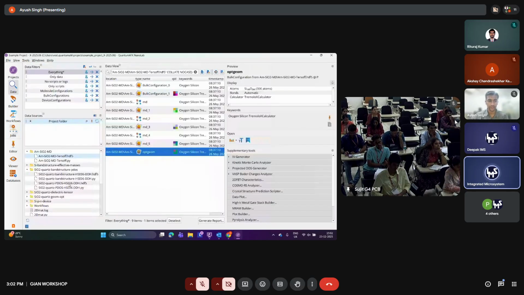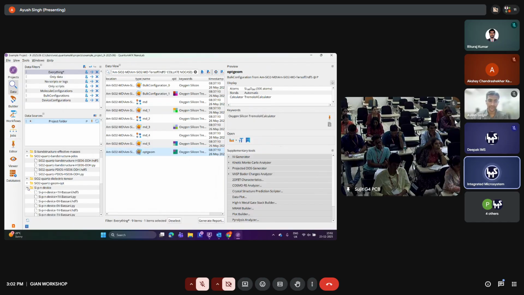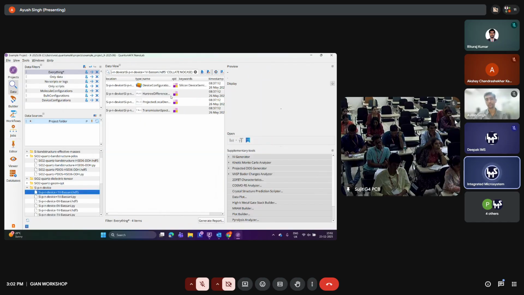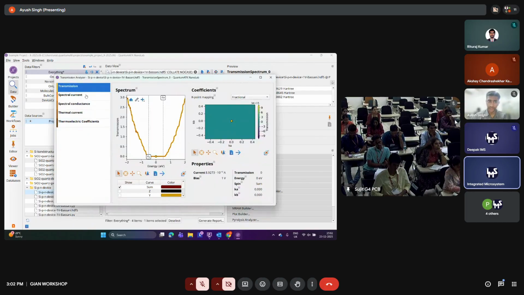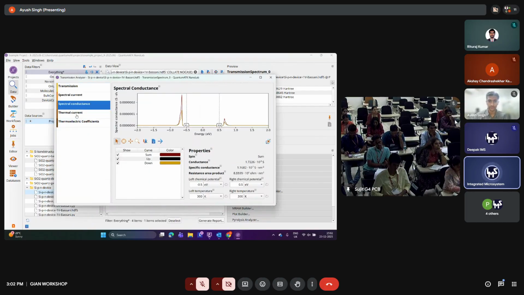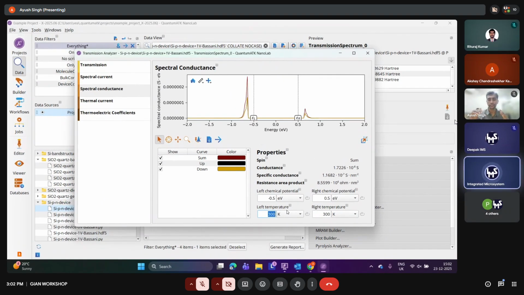Apart from that, we also have different sets of devices. In devices, we can conduct different simulations, like starting with the transmission spectrum block, and then we have the spectral current transmission, spectral conductance, and even once the simulation has been conducted, after that also we can change